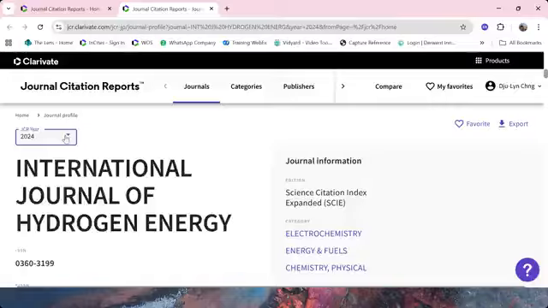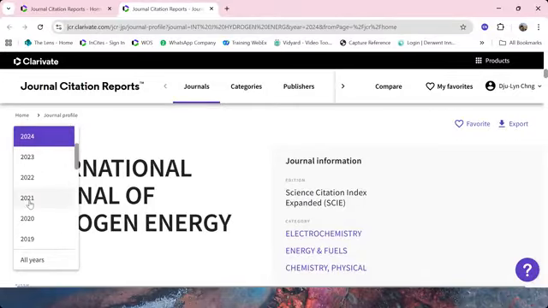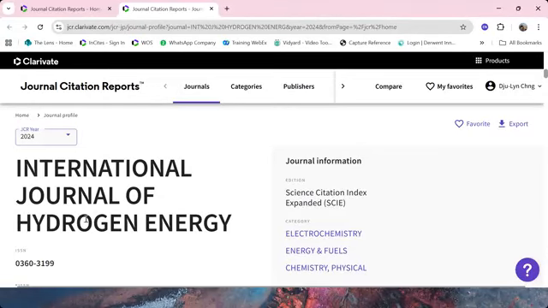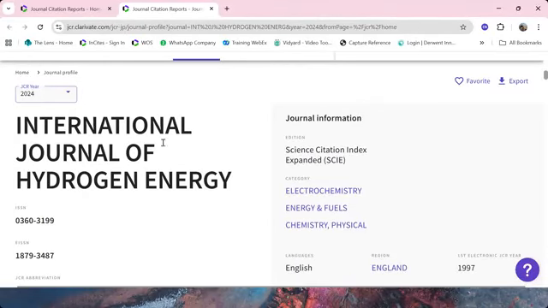If you see that the JCR year stops somewhere in 2021, for example, and there's no 2024, it means that the journal would have been removed from the Web of Science, or it might have changed title or merged. So we'll always include further information on the journal profile page to let you know what has happened to that journal.